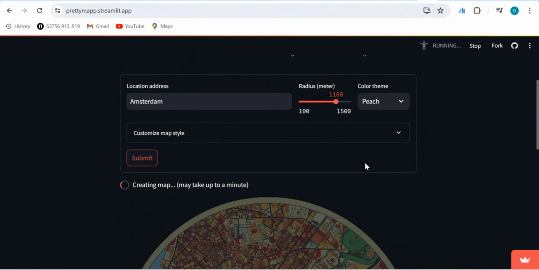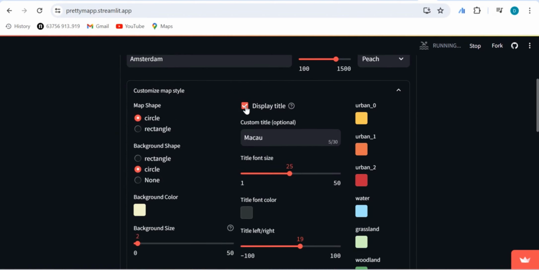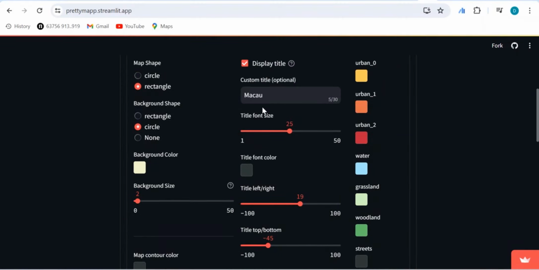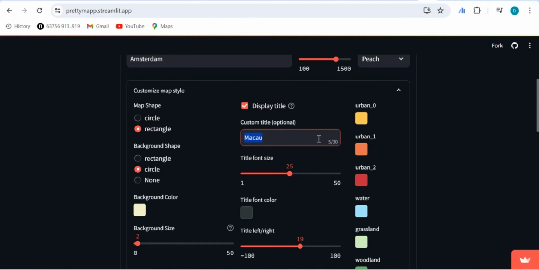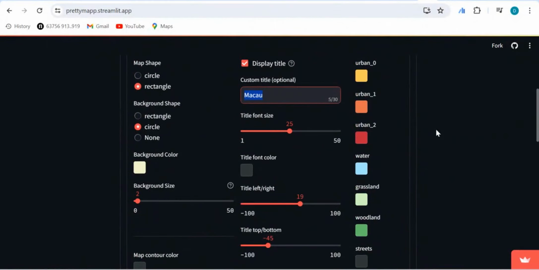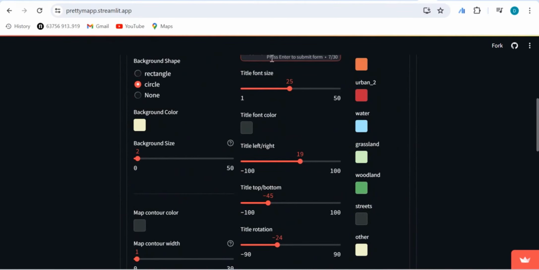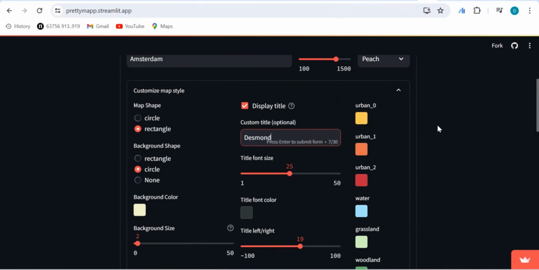While we wait for the output, it's also good to know that you have the possibility to display a title, to change it to a rectangle, and adjust them. Maybe here we can put this one as the altar, and then here we can make it a rectangle. We can choose to display a title, we can choose not to.